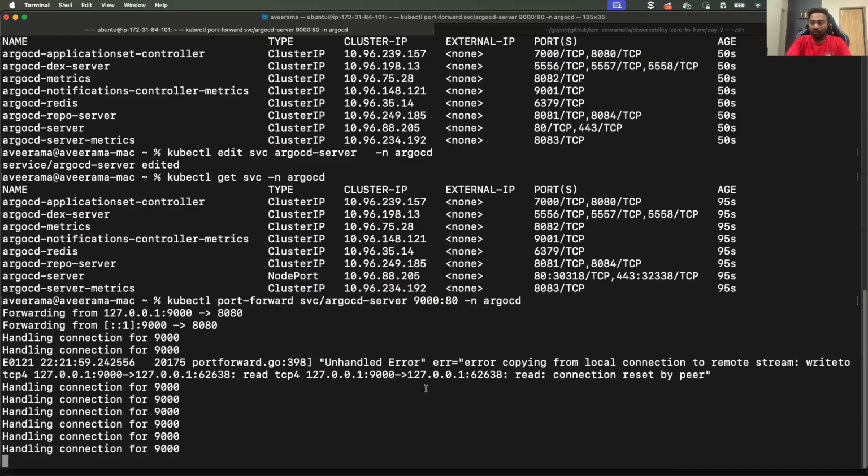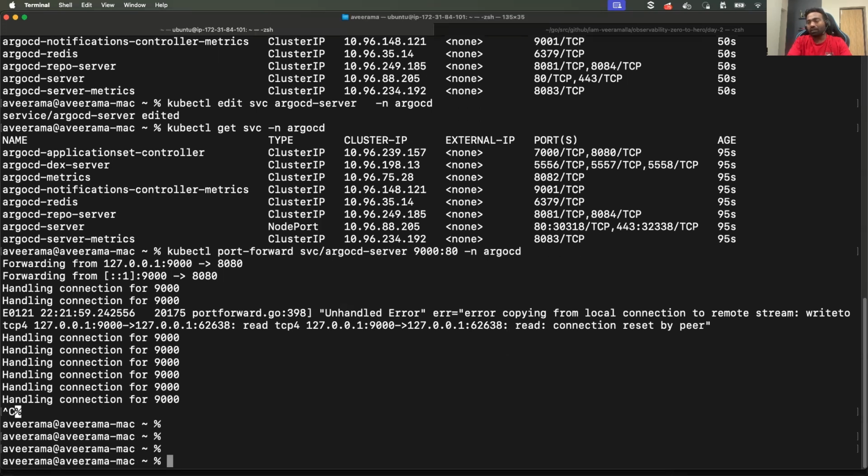But the only change if you're using an EC2 instance is that at the end of the command, or after kubectl port-forward, wherever, just pass --address